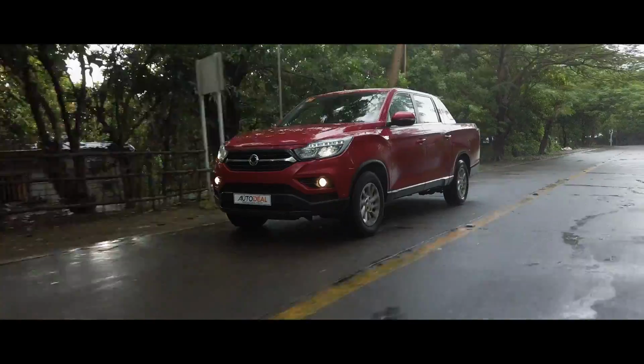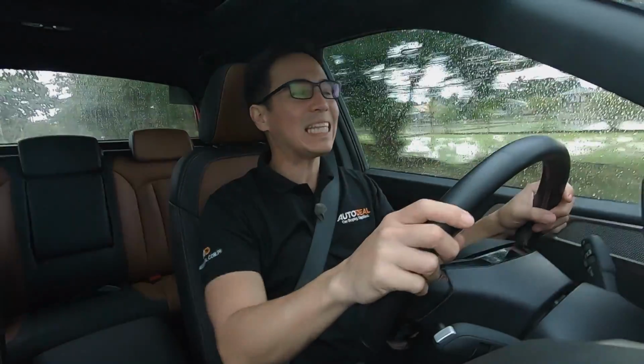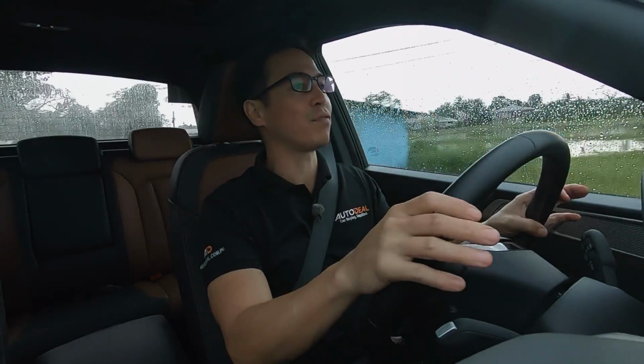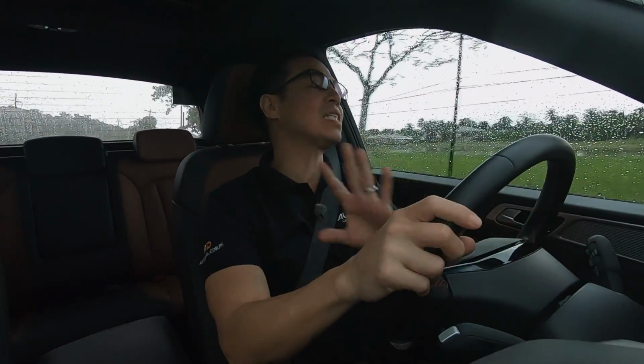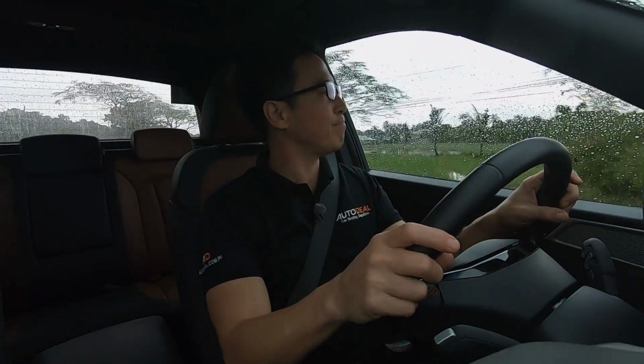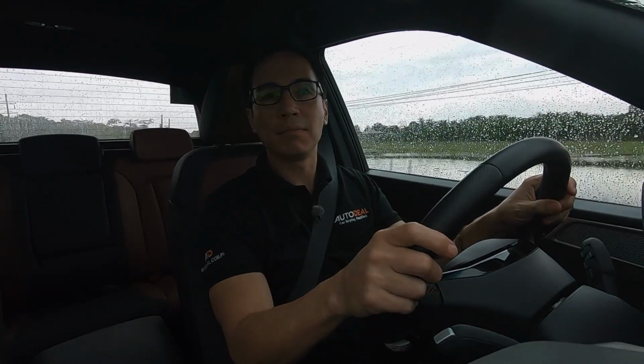Now, the power in the Musso is unlike the rivals. It doesn't surge you forward. Rather, it nudges you very, very softly. Like the interior, it's really a gentleman's pick. NVH is absolutely superb. It's like when my wife asks me to do something. All I hear is,